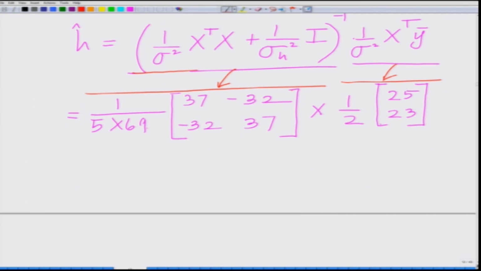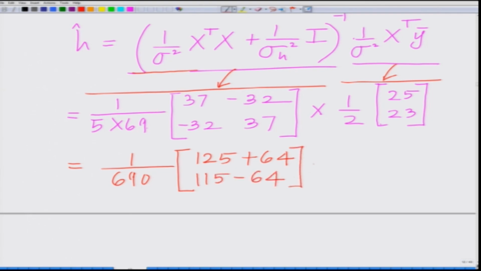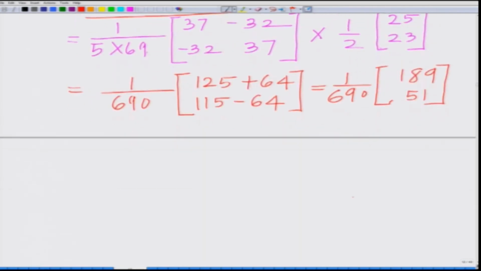And now you multiply these two things together, and what you are going to get is basically 1 over 690 times, and you can check this, 125 plus 64, 115 minus 64, equals 1 over 690 times, well, this becomes 189 comma 115 minus 64, that is 51. So, your h hat